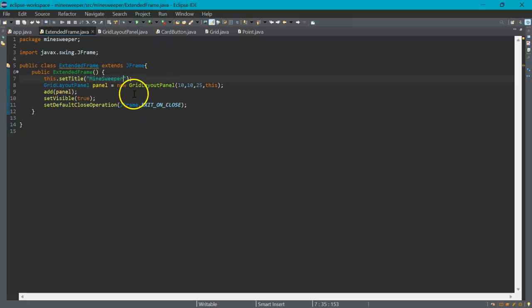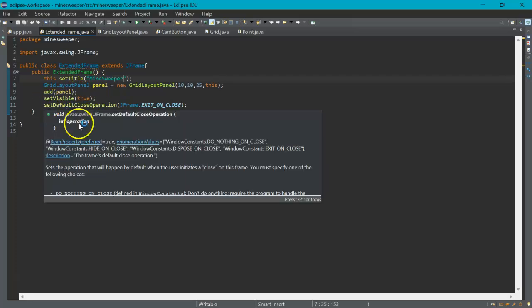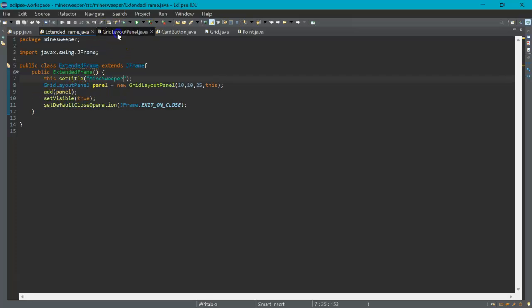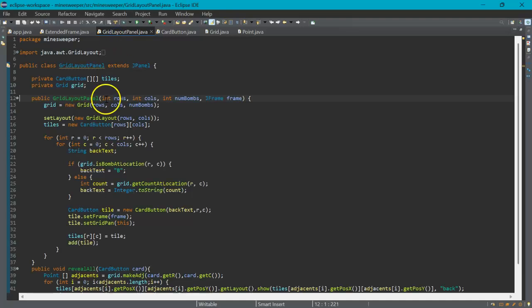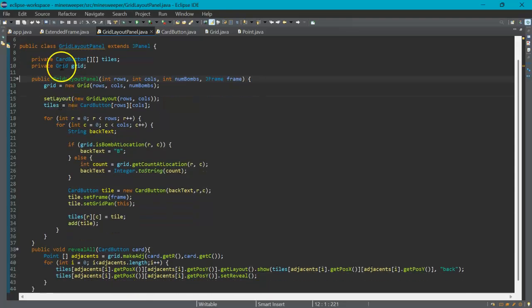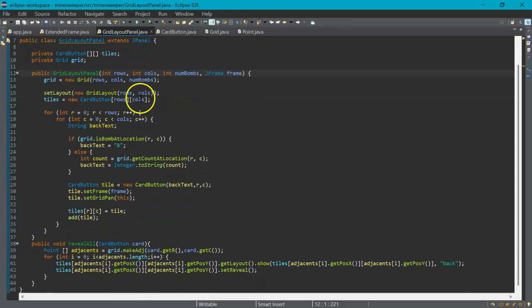I use the grid layout for the main section of the game, and here it's just 10 by 10, 25 bombs. I'm also passing in the frame itself to the grid layout panel, and I'm adding the panel to the frame and making it visible. Now to the grid layout panel, I'm holding the cards, I'm holding the grid, and just making the grid,